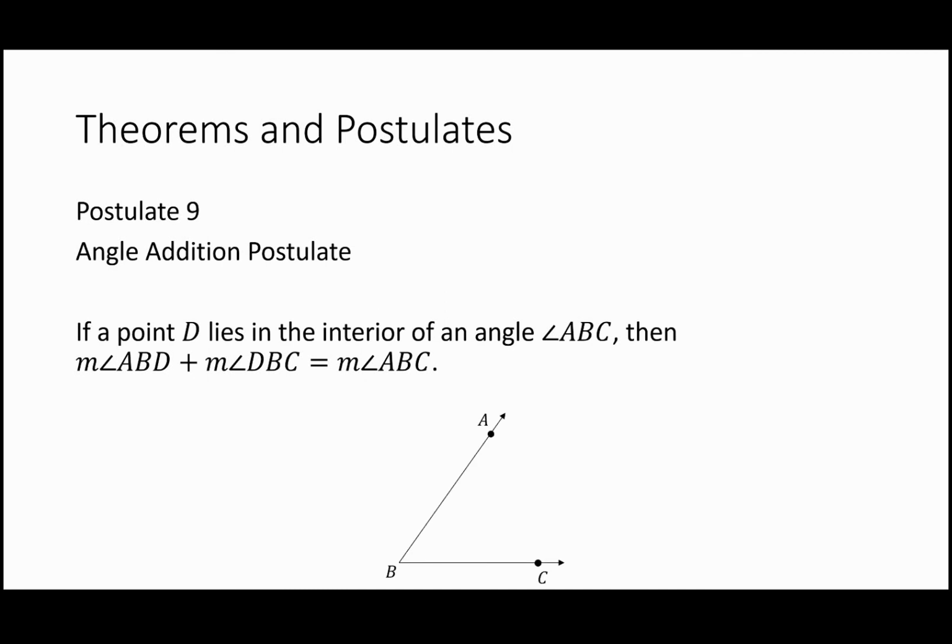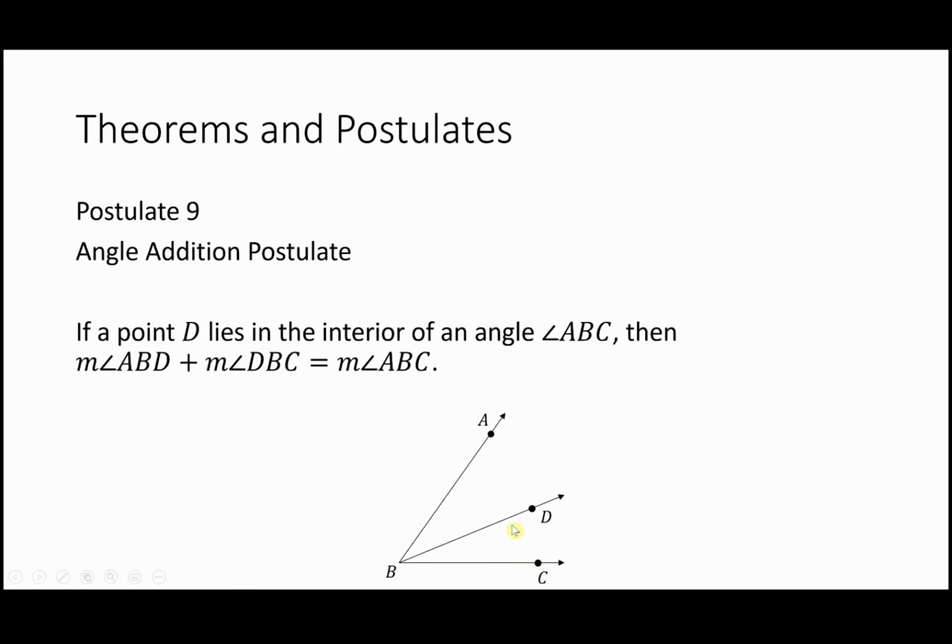So it's kind of just showing how if you throw a point inside the interior of some angle and connect the vertex of that angle to that point ray style, then two angles are going to be formed and their collective measure is going to be equal to the measure of what we would call the main angle, in this case angle ABC. So notice how this equation here is illustrated by this figure